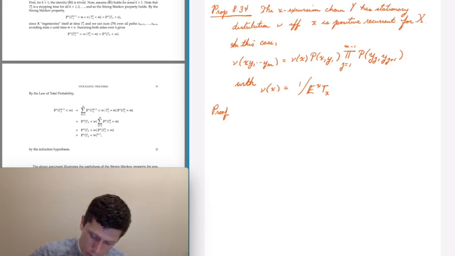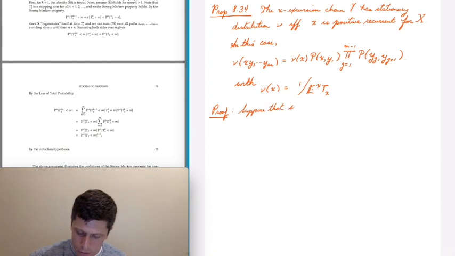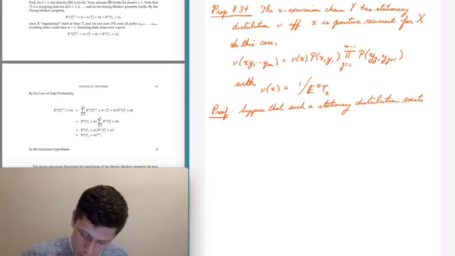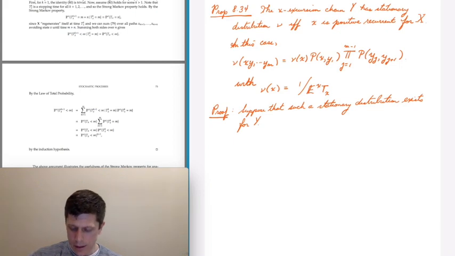Okay, and so let's imagine such a stationary distribution exists. So if the stationary distribution exists for the chain Y, then it has to satisfy